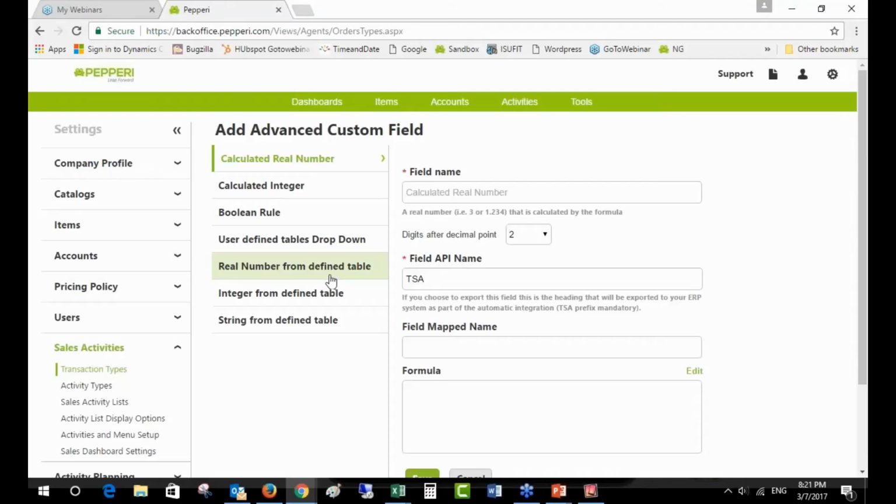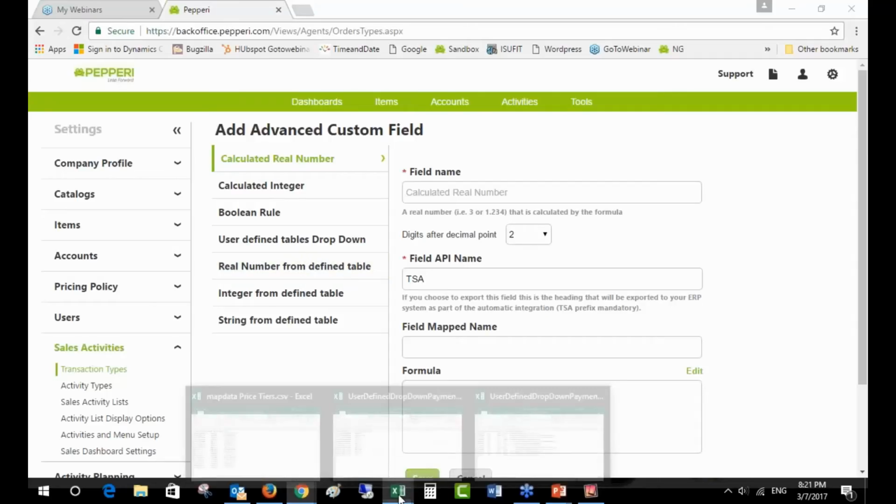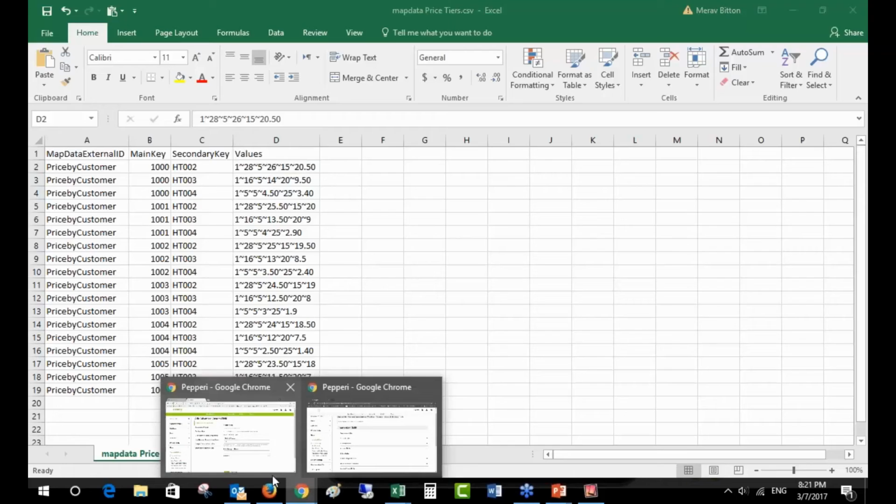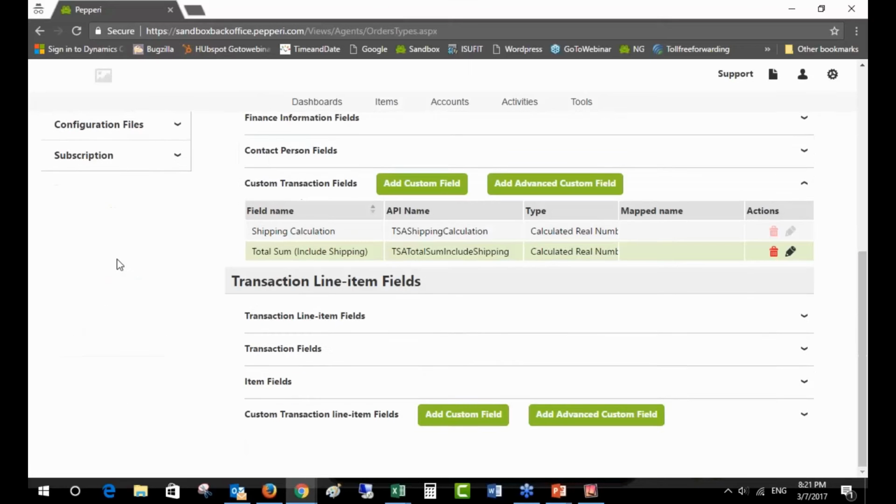So you can query that user-defined table data and parse the values and say, okay, the first value pair here is 1 and 28. The next value pair is 5 and 26. The next value pair is 15 and 20, right? So it's a quantity and a price, a quantity and a price. And in between each number, I have a tilde. So first, I have to define to Pepperi, and I'll show it actually on this account,